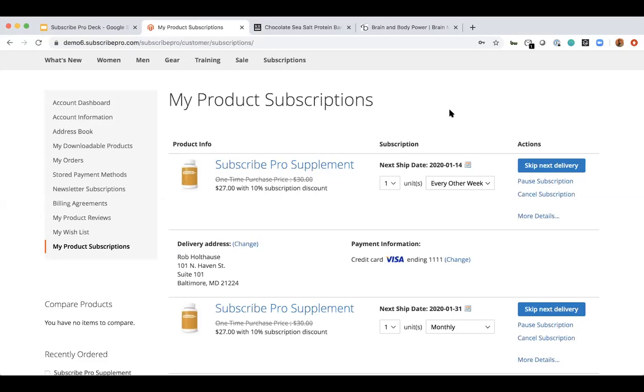Or maybe a non-replenishable product that maybe people still enjoy, collectibles, things like that you want to do, like a box of the month or a figurine of the month. We've worked with folks to do that too. And the final style would be an access subscription. So a customer signs up for a recurring order, but it gets them something. So access to an online textbook, for example, or I've had clients say to us, word for word, we want